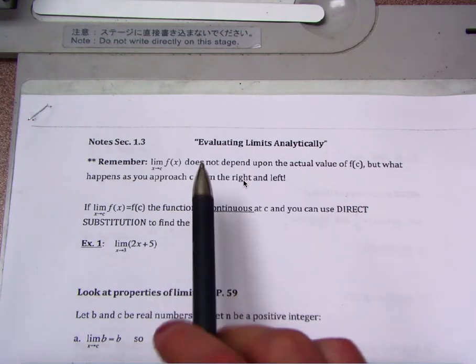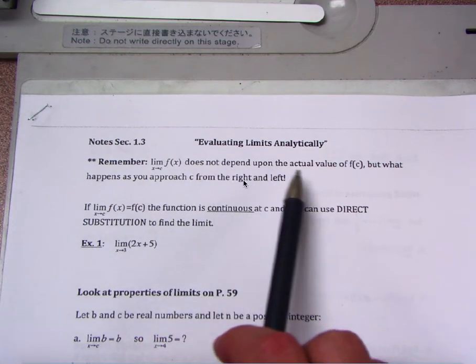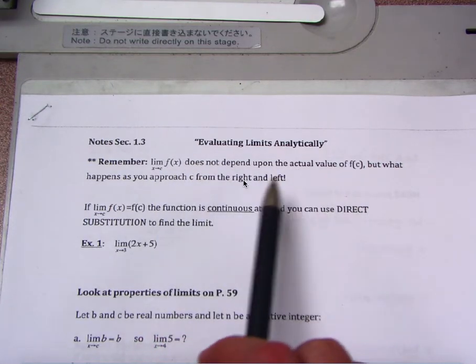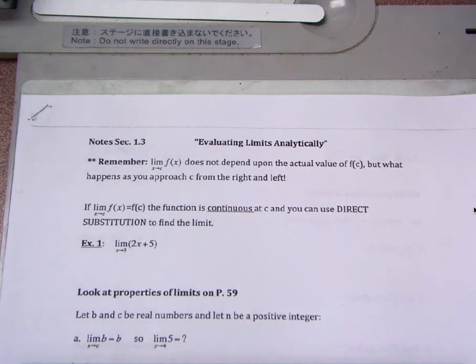Remember, the limit of a function as x approaches c does not depend upon the actual value of f of c, but what happens as you approach c from the right and the left. So we care about what's happening as we approach that target x value, not what's happening at that x value. However,